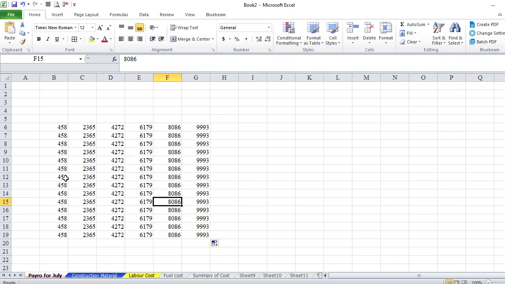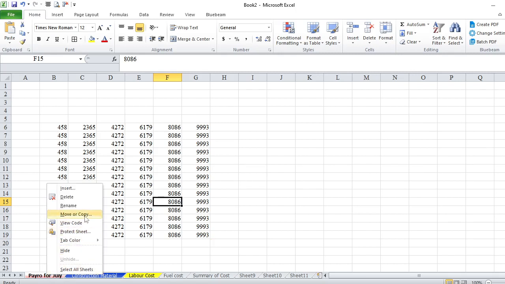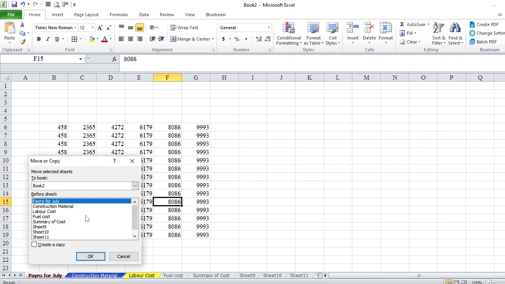If this payroll may not change for the month of August next month, you don't have to rewrite these figures, except maybe if there is some change you will edit. So what you do is use this copy. Look, move or copy, click on this.